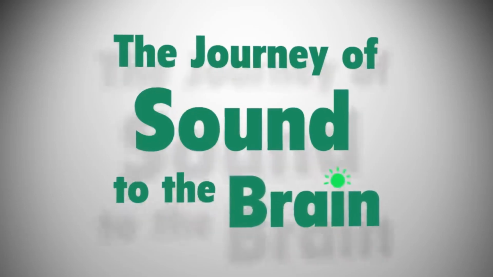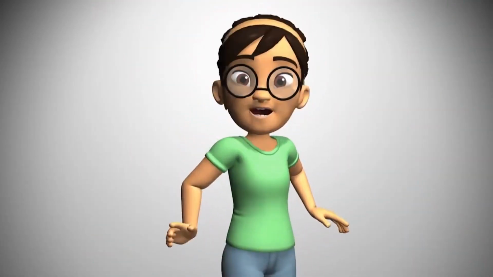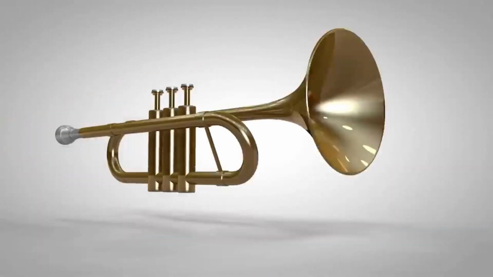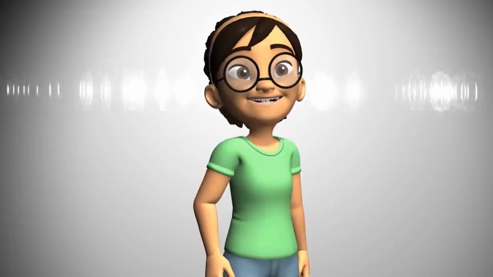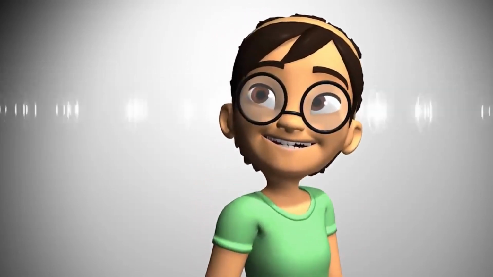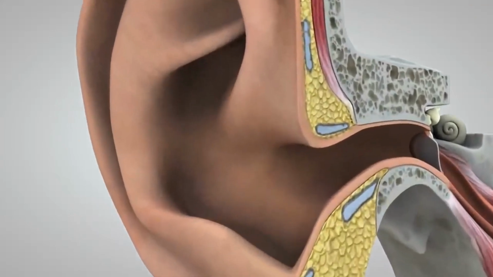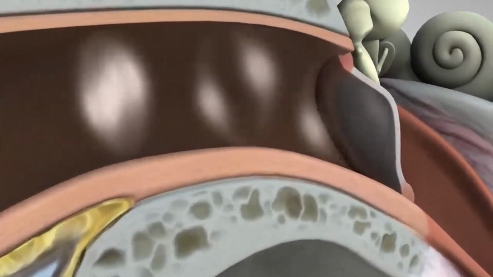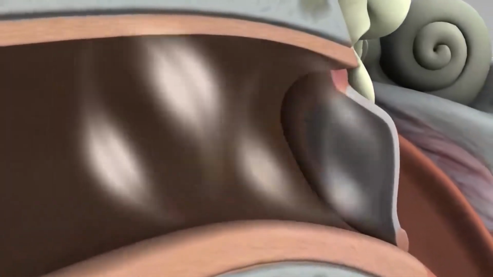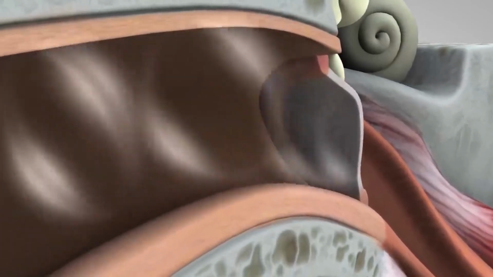Have you ever wondered how sounds make their way from the source all the way to your brain? Take a trumpet, for instance. When it's played, it makes sound waves in the air. The outer ear catches the waves, which then travel through a narrow passageway called the ear canal. The sound waves reach the eardrum, which is a membrane roughly half the size of a dime. They make the eardrum vibrate,